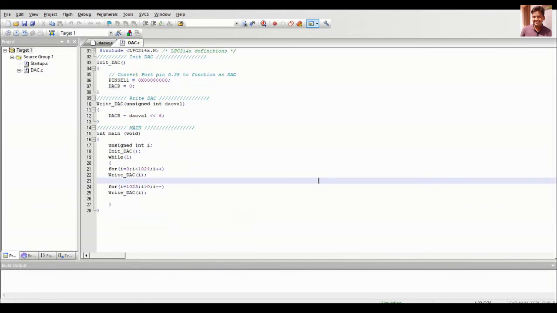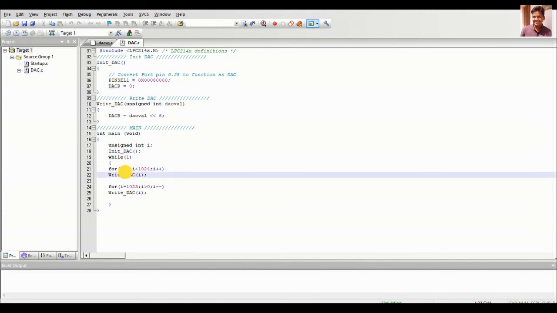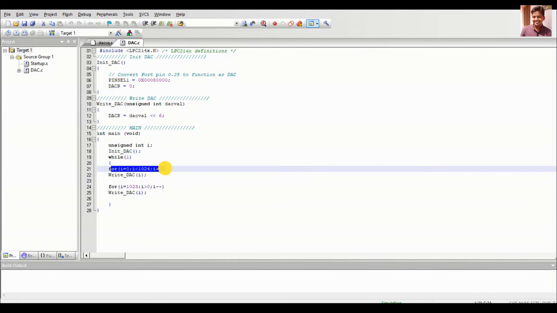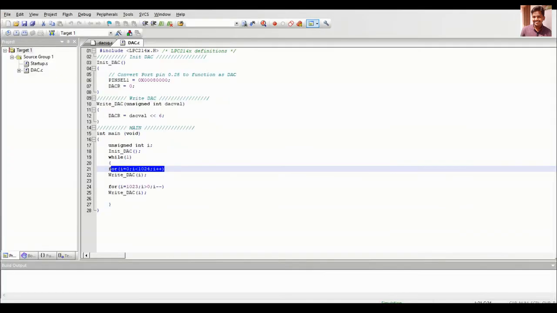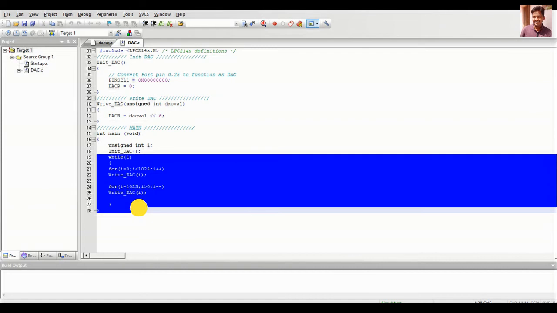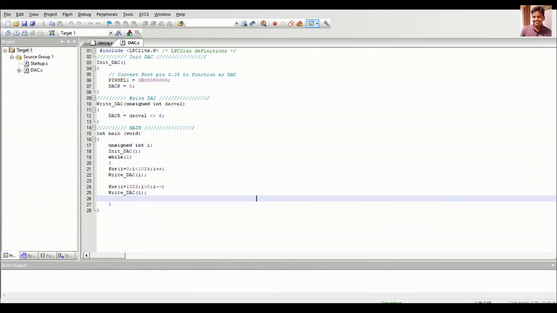For generating a triangular waveform, you can see that I'm running the for loop from 0 to 1023. First I'm increasing, and then we are decreasing. First we increase from 0 to 1023, and then we decrease, so that's why it is written in the while loop. So this is the program for the digital to analog converter.